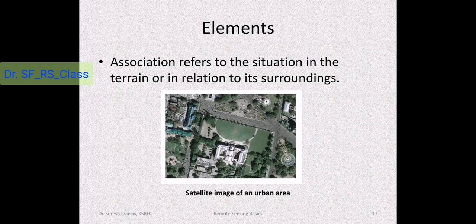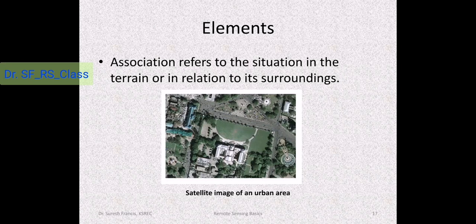And association is another interpretation element we have discussed earlier. As we can see in the image, the green shades near the building are man-made lawns, because they are associated with a big settlement or big building.